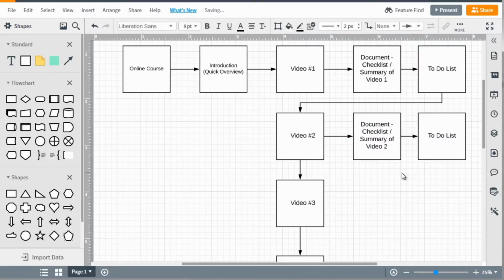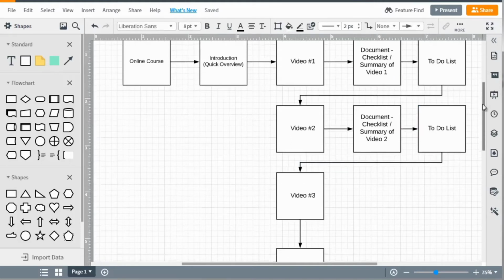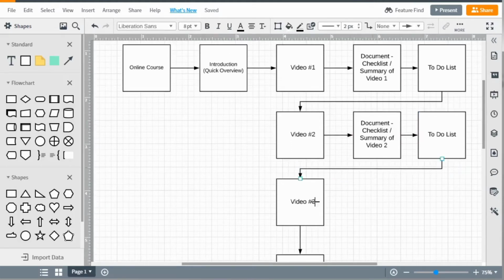So as you can see, the to-do list basically tells people, okay, this is what you need to do next. So you need to do this next before you get to the next video. So we do that. Now we want to mix things up. You don't want it to stay too consistent. So maybe after video number 3, we can offer something like,